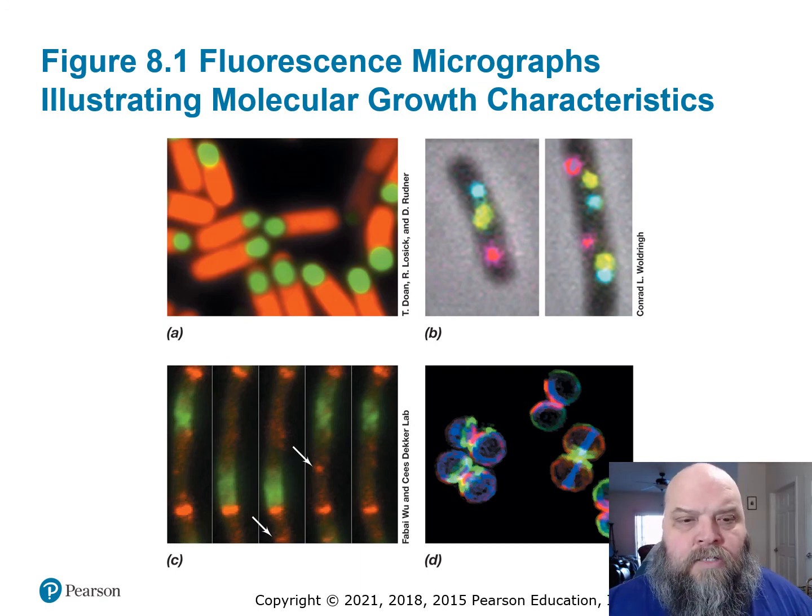We're going to be looking at, as you see here, things like, in A, formation of endospores. Here, the orange is the cell, the green is the endospore being formed. It's being stained in this fluorescence micrograph picture. Or, in B here, they stained genetic regions. The blue and the green are the ORIC,